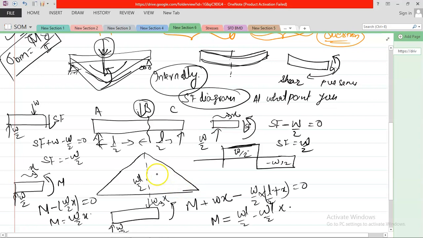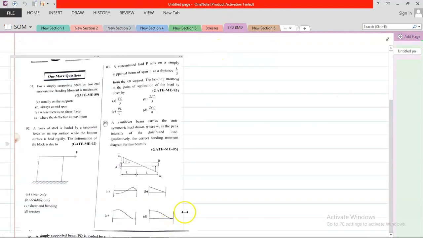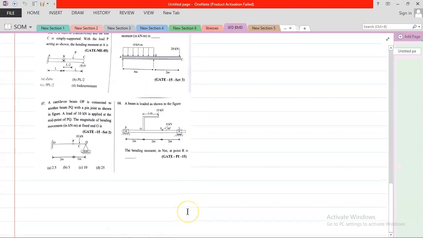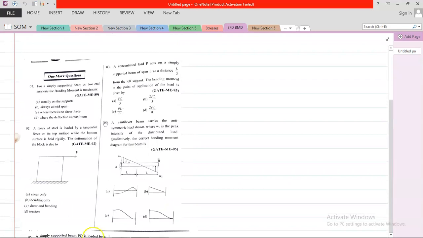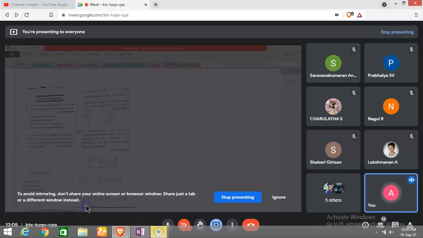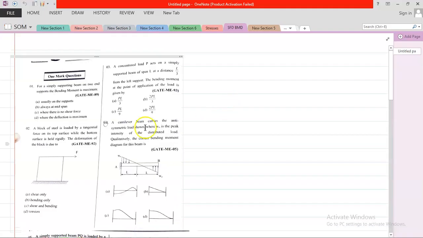Okay. So this is a basic recap of the bending moment diagram and the shear force diagram. So I am going with the questions that came in the previous year, and these are not very large questions, and you can solve them in an easy way. So first of all, the first question is, for a simply supported beam on two ends,